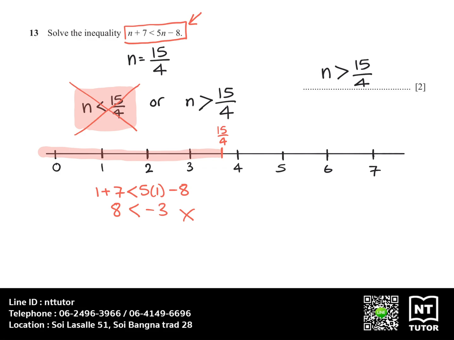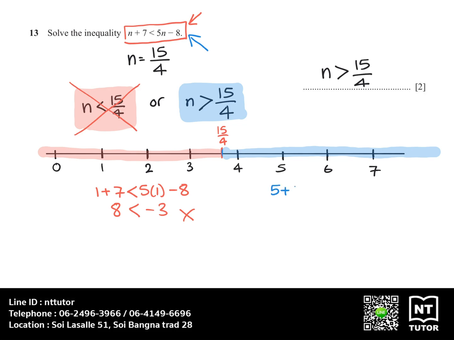By now, we can already assume that this side of the inequality is the correct one. But we can also double check by substituting random values in the range. So this inequality states that n has to be bigger than 15 over 4. This means all the numbers that are here or bigger than 15 over 4 satisfy the original inequality. So if I take a random value in that range, let's say 5 for example, and I substitute it in,